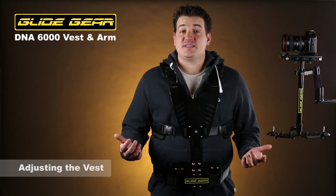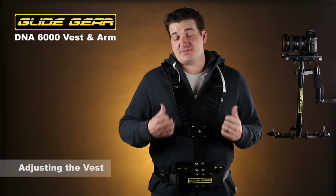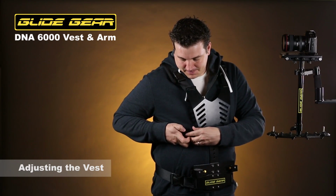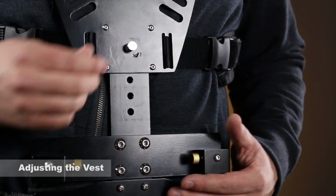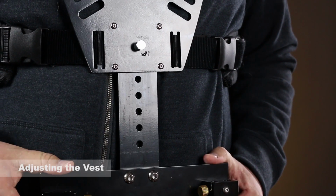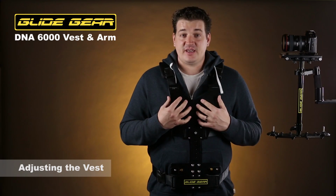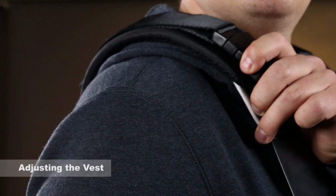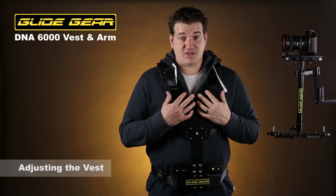Okay, I've got the vest installed here, and it actually adjusts with Velcro straps, and it's held in place by these plastic buckles. You can also adjust the distance from your chest plate to the hip plate by pulling this pin out and pulling the unit down till it finds its new position. Basically, you want the vest to fit snugly, but you also want it to be comfortable. They do have these big padded areas on the vest itself, so it does make it really comfortable to wear,